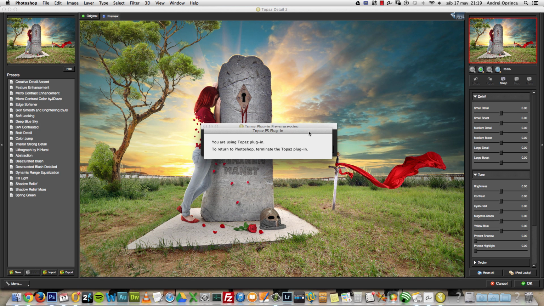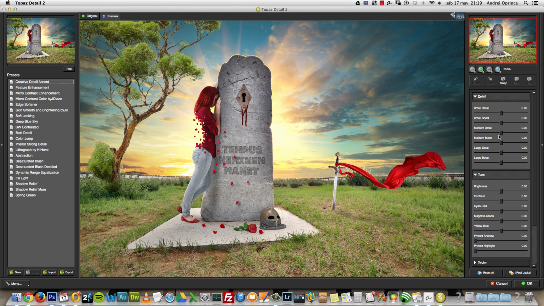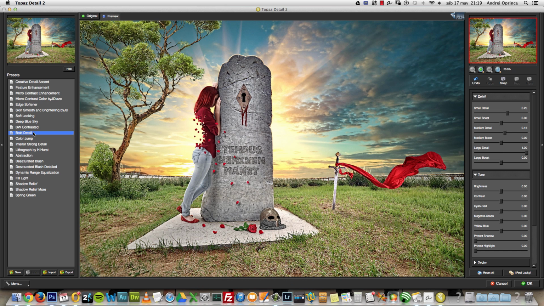It's just to add a bit more. You can also use the sharpen filter, the unsharp mask filter, but I like this one. Because you can increase the detail here, I'll do something really extreme, so you can see, well, actually I'll choose this sample here. So see that? It's almost like creating an HDR effect. Okay, so this is the preset that I use most of the time, interior strong detail, and then I